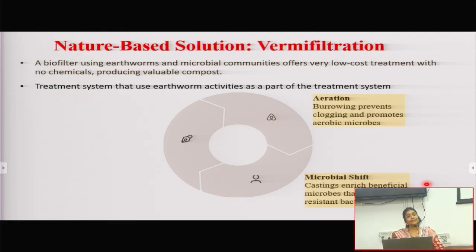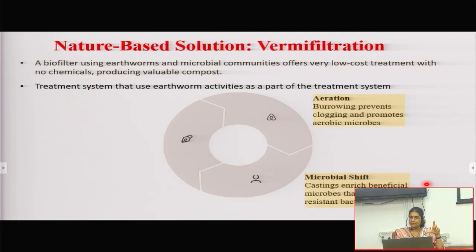Yeah, the earthworm's fecal matter. Okay, so that's a good one. So we are actually relying on their fecal matter. Now that is very good quality compost that we call castings. And then they also have a set of bacteria. Now those guys are so good, they're the healthy ones, right? So they can easily outcompete the others, or the others' numbers will be depleted soon. So that's what I mean by a microbial shift.